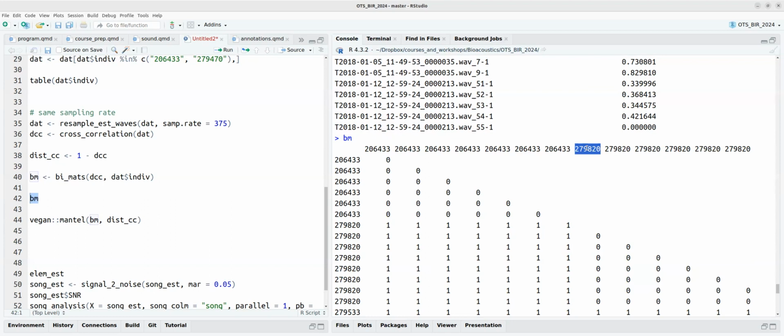And if calls from the same individual are more similar, then low values are going to be most of the time paired with zeros. And if the distance is higher between calls from different individuals, ones are going to be paired most of the time with high values,